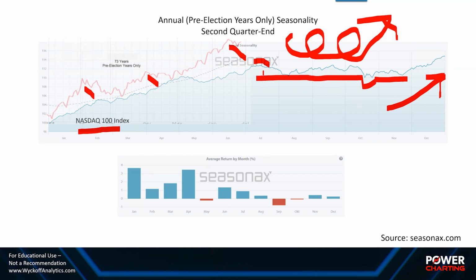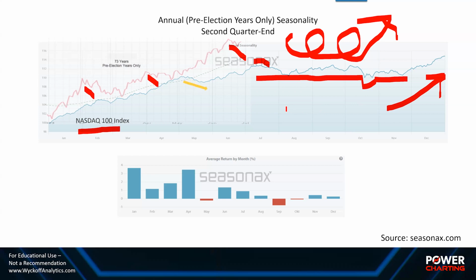But this shows that we have a range-bound market for the Nasdaq 100, and this could, in fact, rotate some funds away from the very, very overpriced Big 8 stocks and the other big growth stocks that have done so well in the first half of the year, and towards other areas of the market which are starting to catch a bid. So we will keep an eye on that.